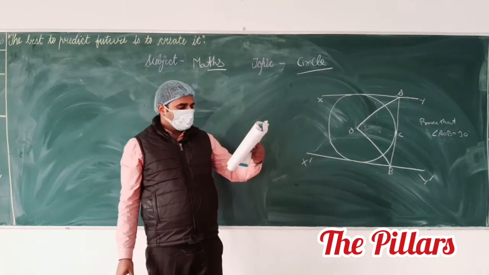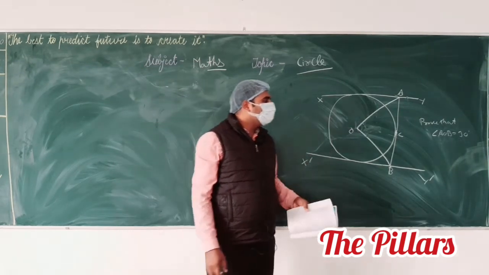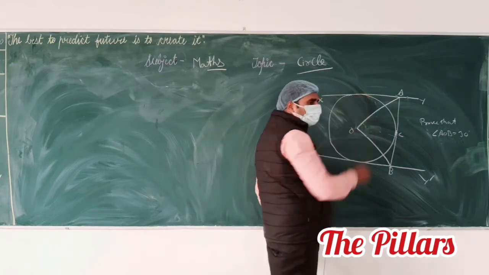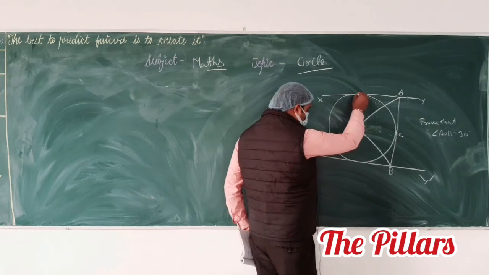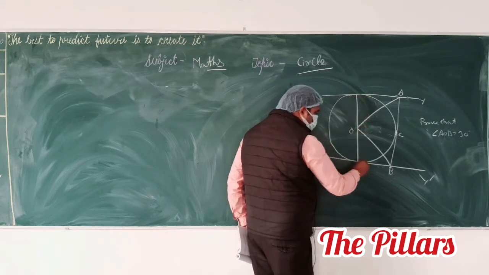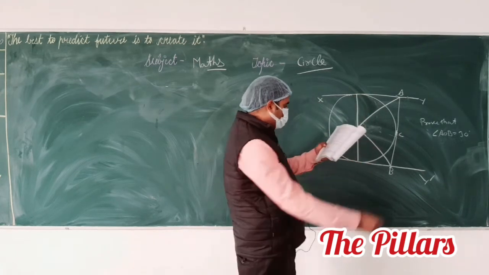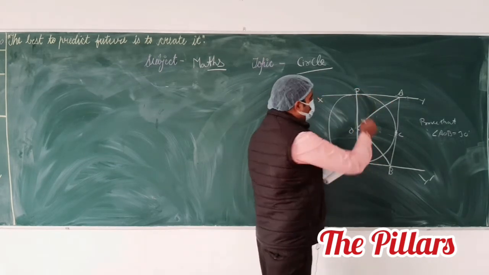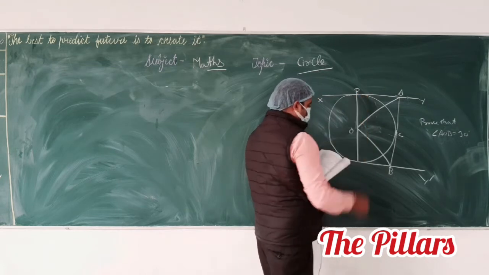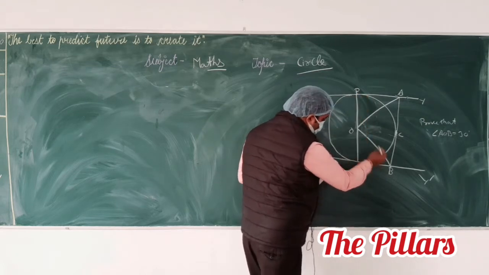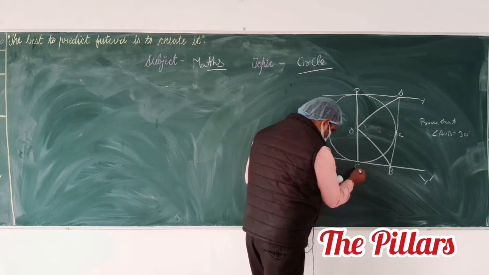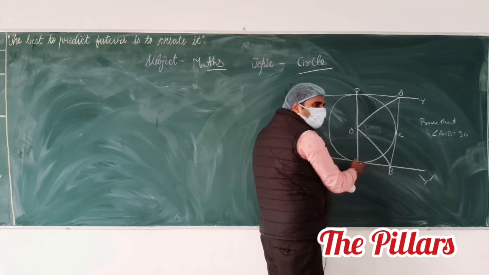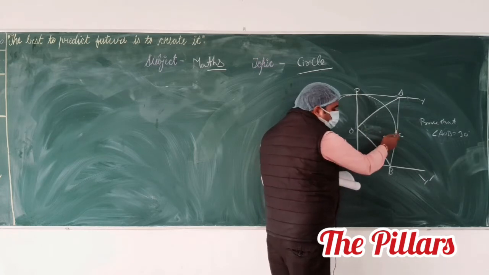Now the question tells you to prove that angle AOB equals 90 degrees, and you see that there is also a diameter of the circle given, which touches the tangent xy at P and x dash y dash at point Q. You see that this point P is also a point of contact. This point Q is also a point of contact. This point C is also a point of contact.